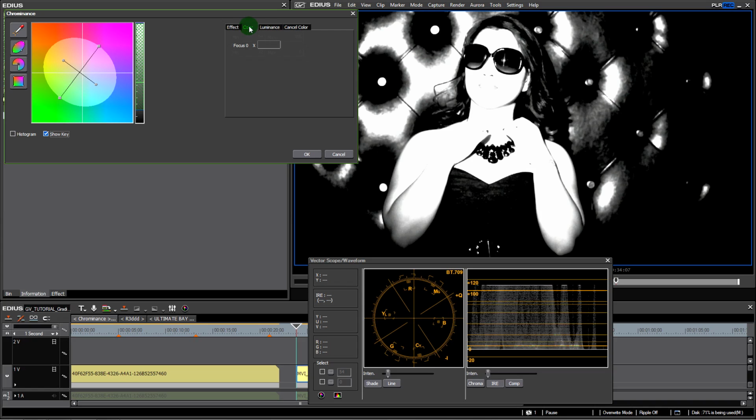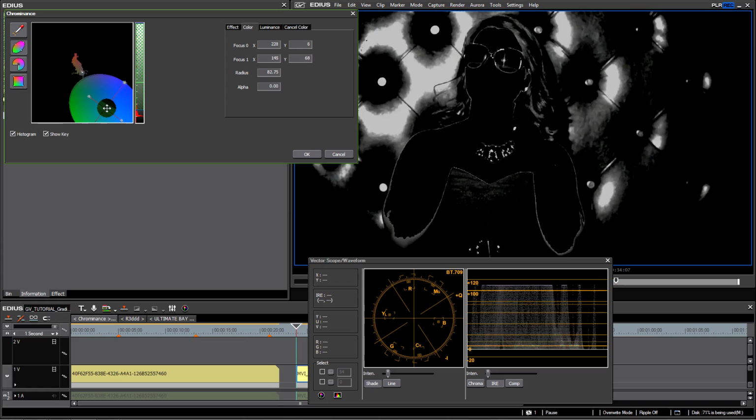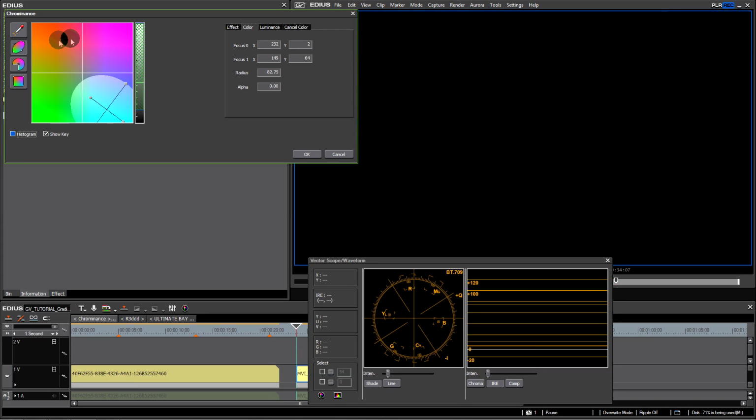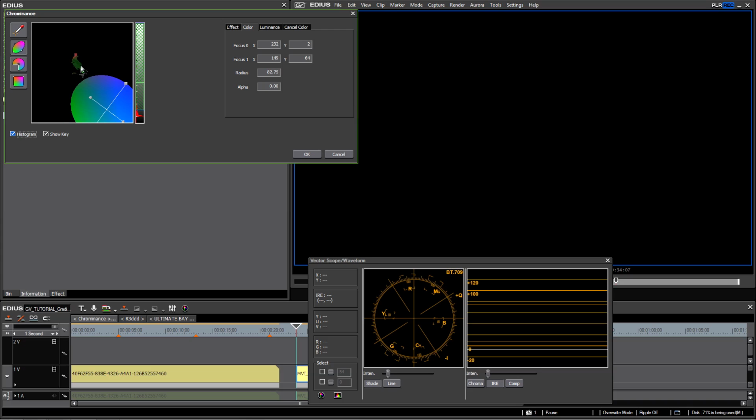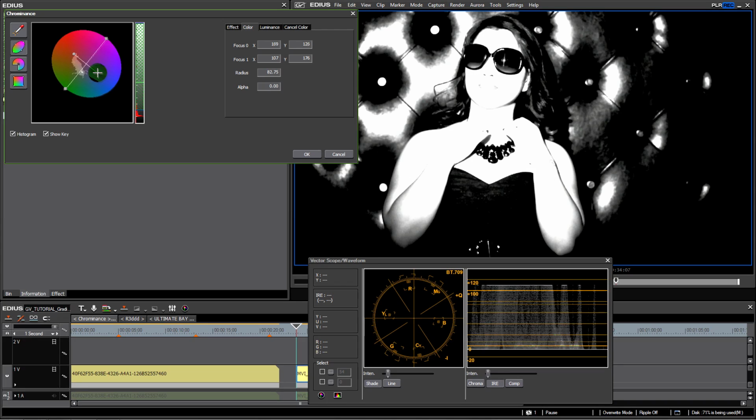So what we're going to do is go to the color, and this time we're going to turn histogram on. And remember that color wheel. Let's turn it off. Where is skin in this area? If you ask me, it's around here. Skin is orange, right? It's not pink. Well, it does have a bit of pink in it, so maybe it's around here. So what we're going to do is turn our histogram on, and sure enough, there's a lot of pinky orange in this clip, and that was her skin. So now what we do is move this over here, shrink it down,